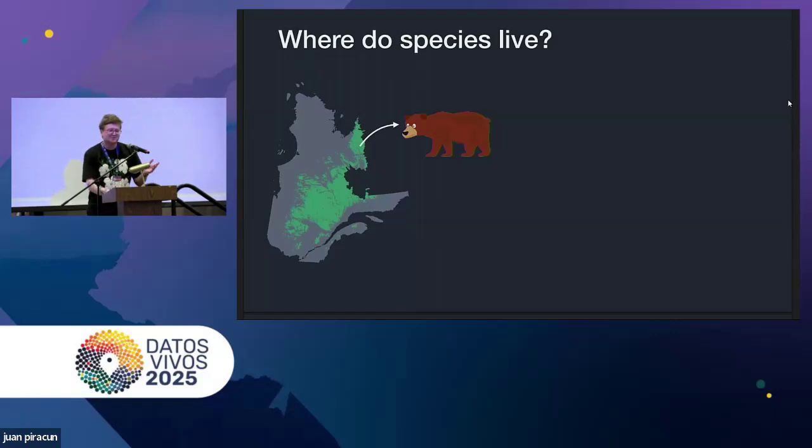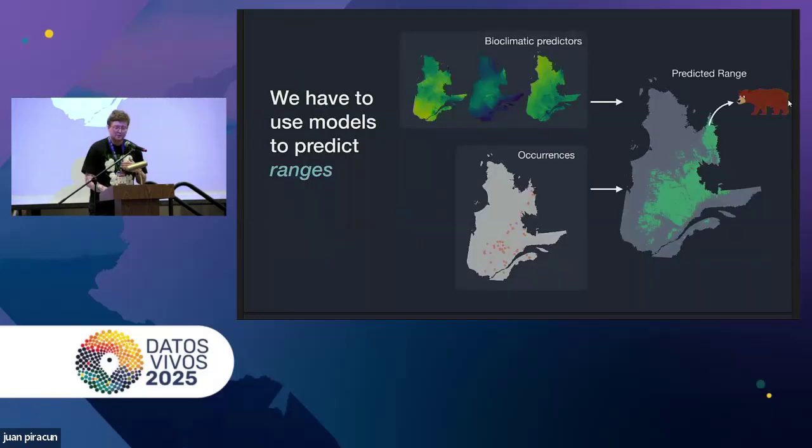So one of the most foundational questions we can ask about life on Earth is where different species live. And as we heard a bit in the first keynote on Tuesday, this is a question that we're actually not doing too great of a job of answering. But it's still a necessary thing to understand both what the composition of biodiversity is and how humans are changing it. So the way we typically do this is by using correlative species distribution models where we have a bunch of bioclimatic variables and georeferenced occurrence points, and we use that to predict where on Earth the suitable habitat for